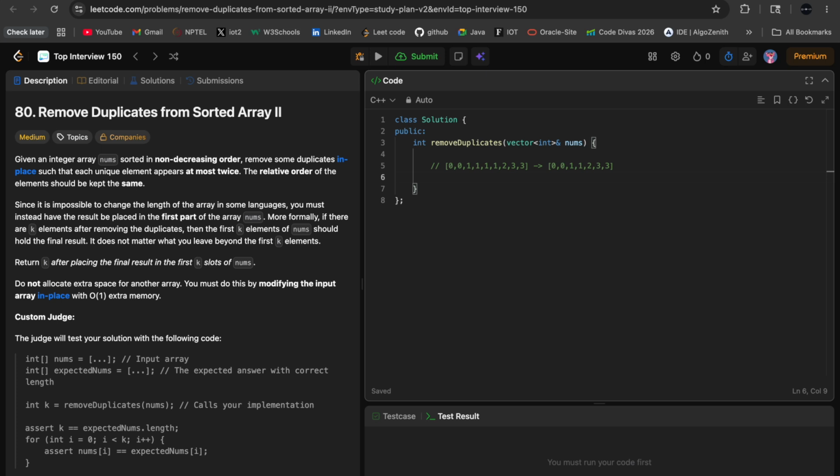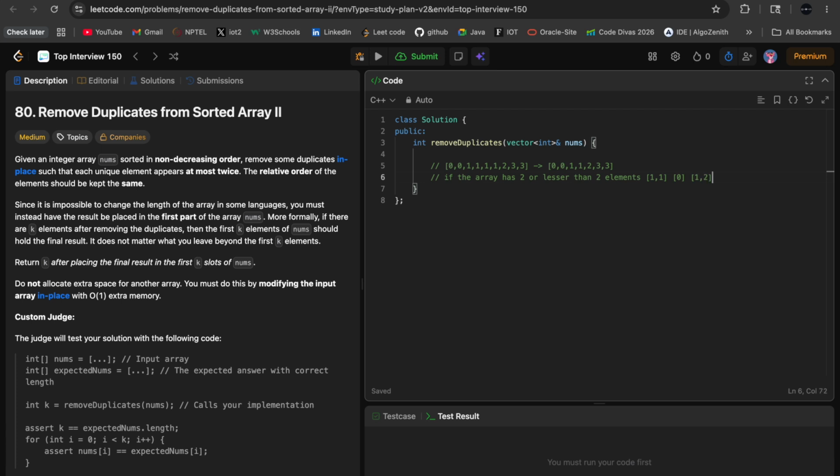Similar to our previous version of the question, we are going to start with taking care of the edge case. So if the array has 2 or fewer than 2 elements, then obviously it's already valid, right? So I can have, say, 1 1, or I can have 0, or I can have 1 2.